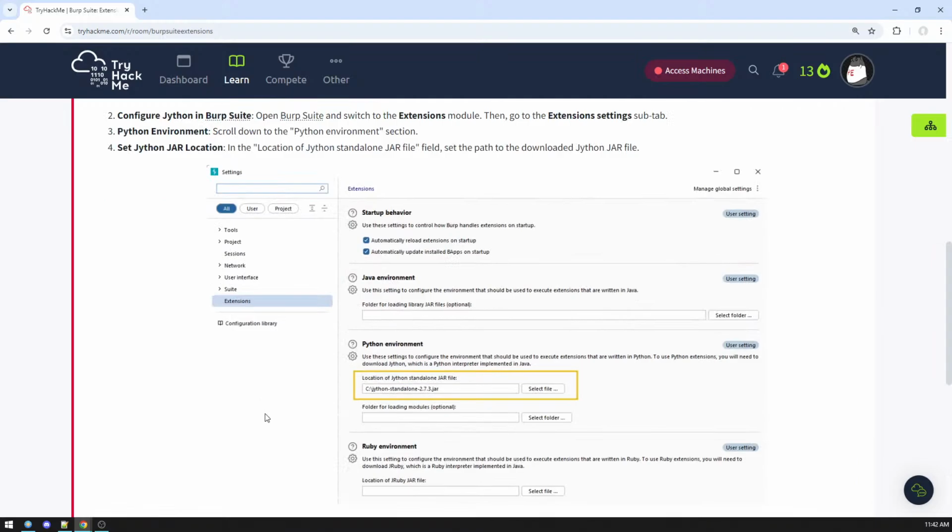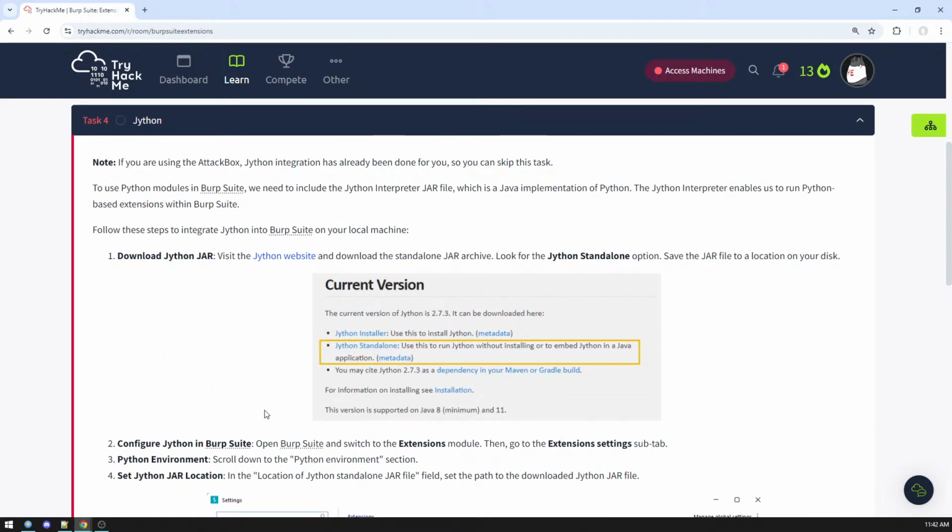JSON, the interpreter from before. Note, if you're using the attack box, JSON integration has already been done for you, so you can skip this task. So we're supposed to do this. To use Python modules in Burp Suite, the one who does it is us, not the extension developer. To use Python modules in Burp Suite, we need to include the JSON interpreter jar file, which is a